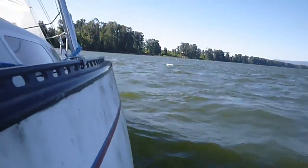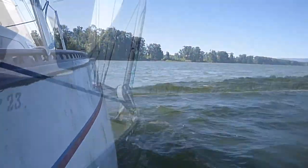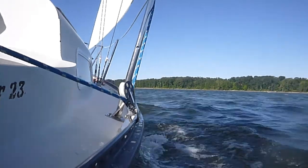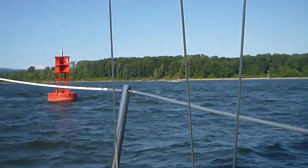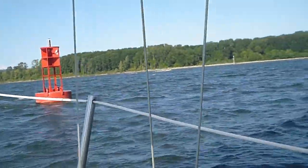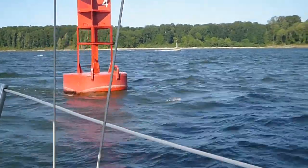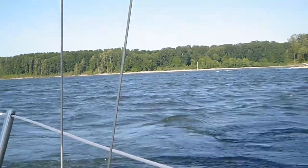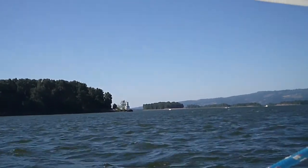As we made our way downriver, the wind just kept building, and we knew we were getting close to St. Helens once more. It's really close. The appearance of Warrior Rock Light and Sand Island marked the end of our